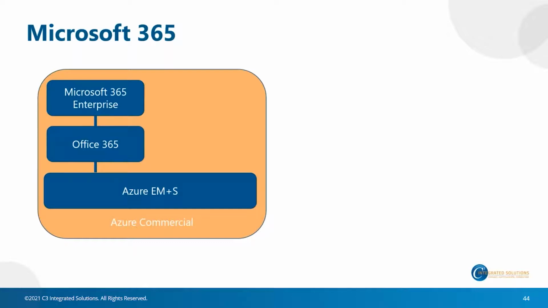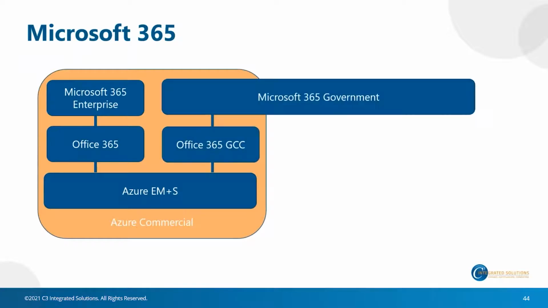Now, as Office 365 grew and got more and more popular, Microsoft started selling it to the United States government. And as a result, they realized they had some additional requirements, things like CJIS and IRS 1075 that they needed to work on. And so they actually built what's called a data enclave called the Government Community Cloud, or GCC version of Office 365. This is a completely separate and isolated version of Office 365, but it also lives in Azure Commercial. And therefore, from an administrative standpoint, from a service standpoint, it still has a follow the sun model.